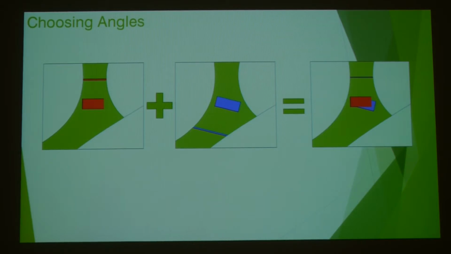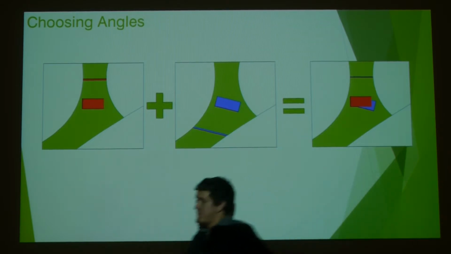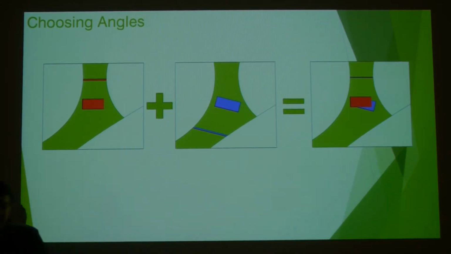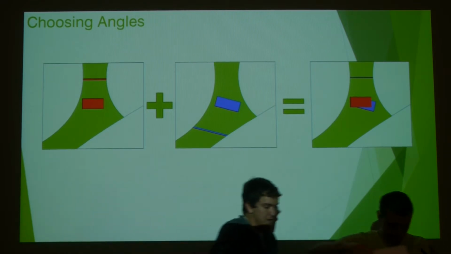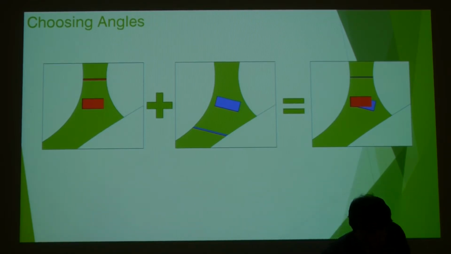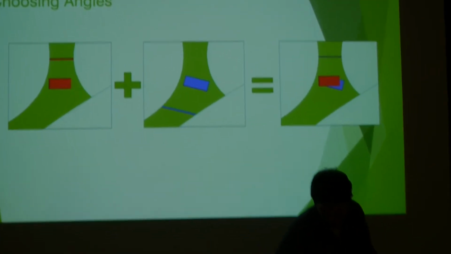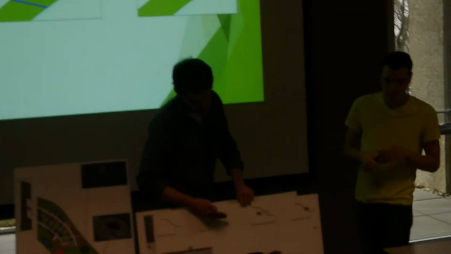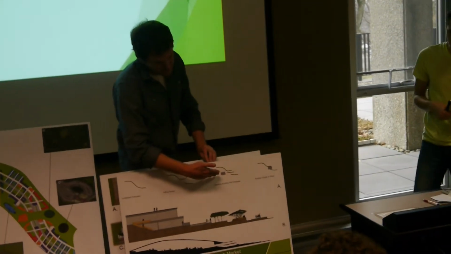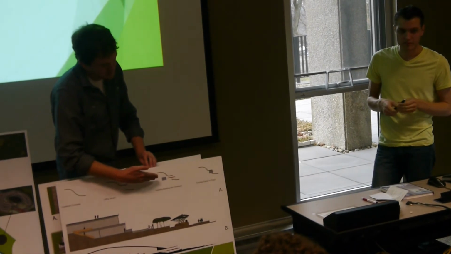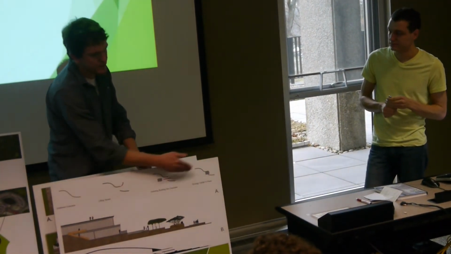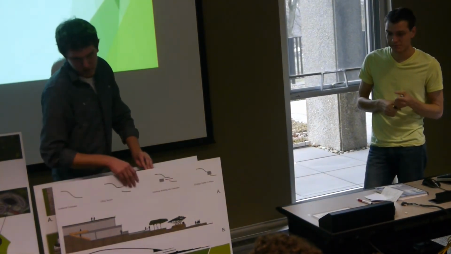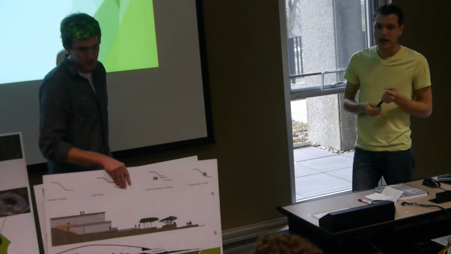Form-wise, the idea behind the building was to almost embed it into the overpass itself, which this diagram shows: the complete overpass, part of it being cut and lifted, and then a representation of the building protruding through it, to give it the final idea that you can see in the massing model we have there.